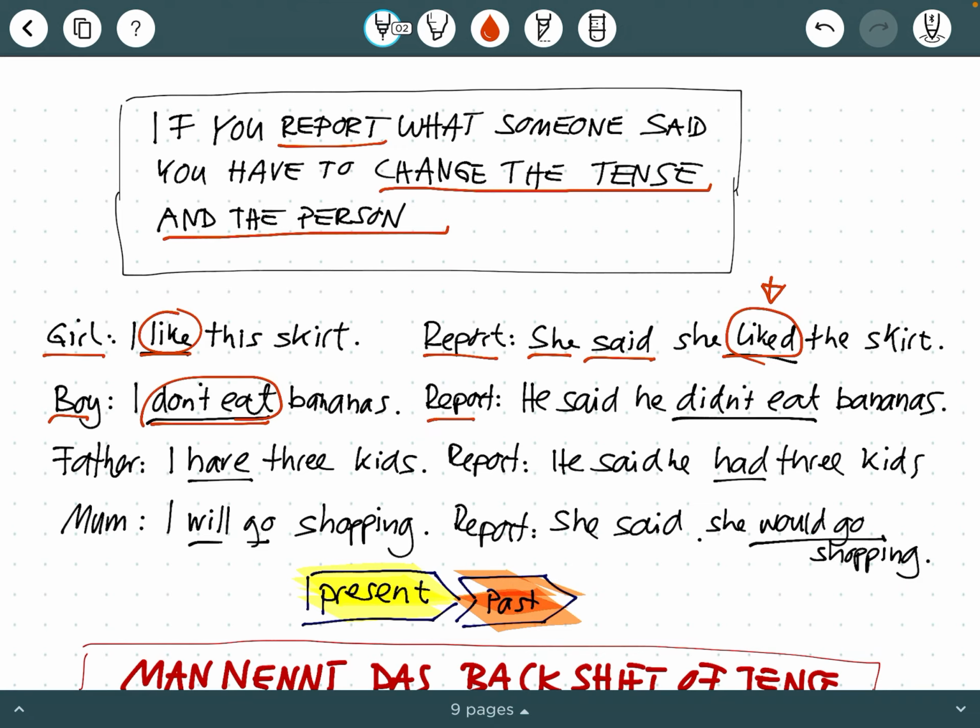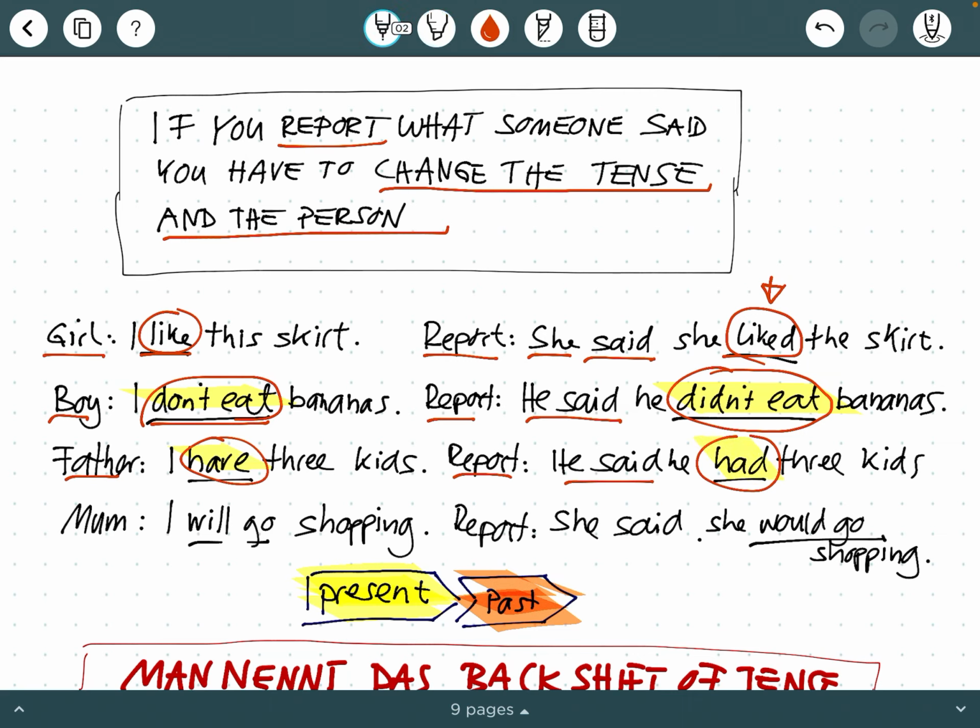Someone reports the next day, he said she didn't eat bananas. Don't eat becomes didn't eat. And next sentence, a father says, "I have 3 kids." Someone reports and says, he said he had 3 kids. Have becomes had in the reported sentence.